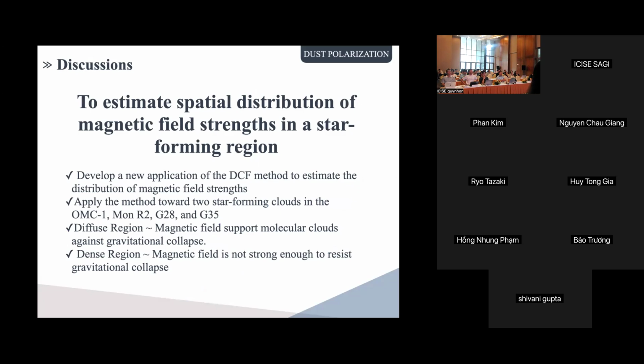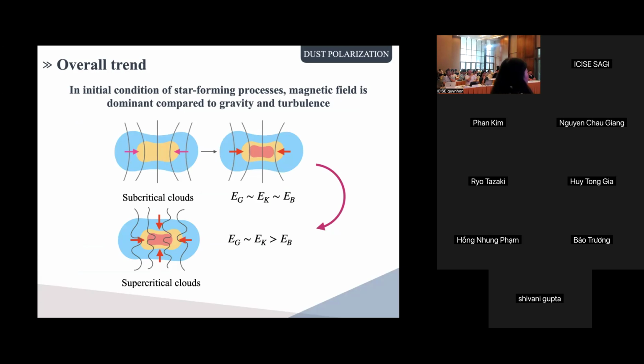So I developed the new DCF method and applied it to 4 distinctive star-forming regions, and the overall picture showed that in diffuse regions the magnetic field strength is smaller, but compared to gravity, the magnetic field is much more dominant, so it can support the overall structures. And in dense regions, the magnetic field cannot support the regions, so they are gravitationally unstable. So we want to see